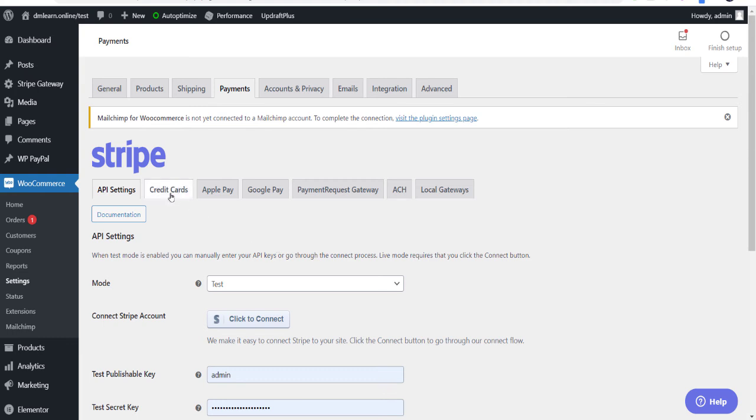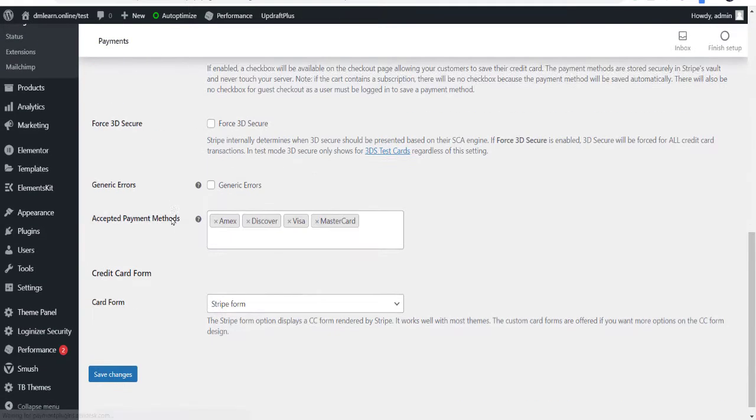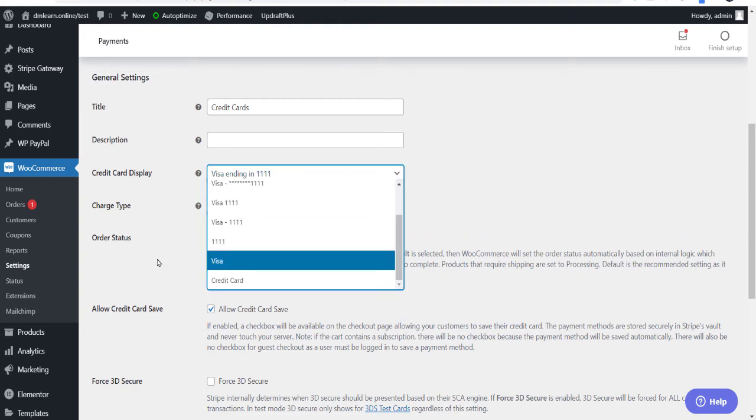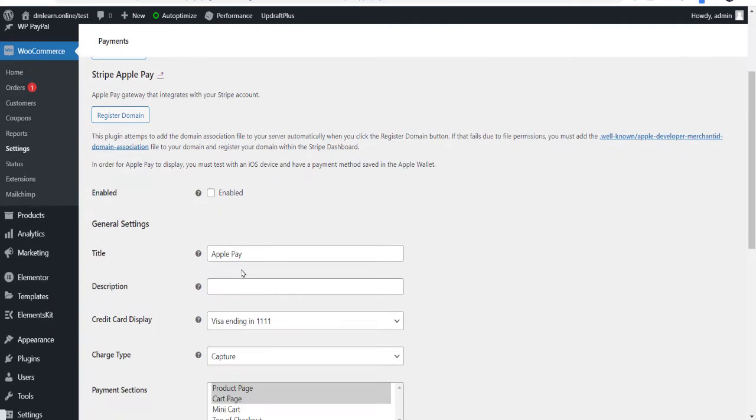Stripe has a credit card option, an Apple Pay option, Google Pay, payment requests, and all these things. You can select which card types you want to display. Stripe also supports Apple Pay.